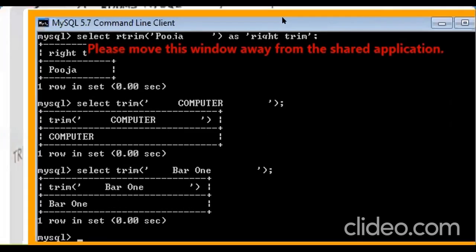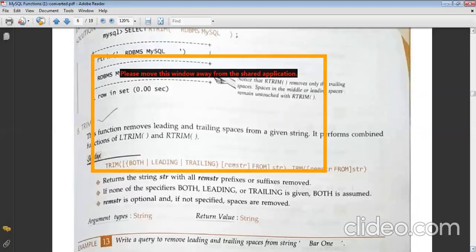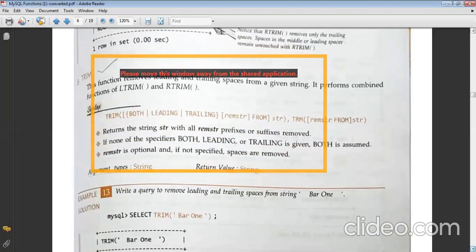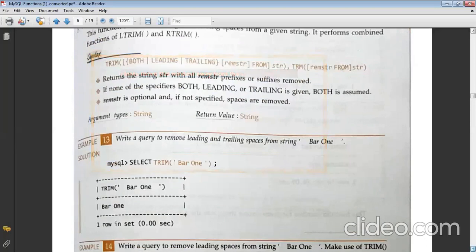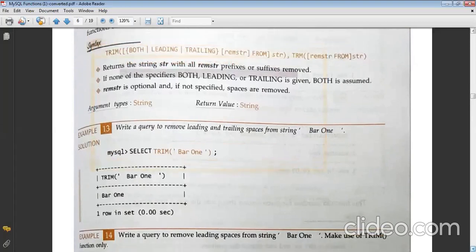Okay, so moving on to the next example. So let's first see the output of this. You can see the output for this. The query given by Anushka was completely right. So the next query we have is now this. I'm not scrolling it further down, otherwise you'll get to see the answer itself.